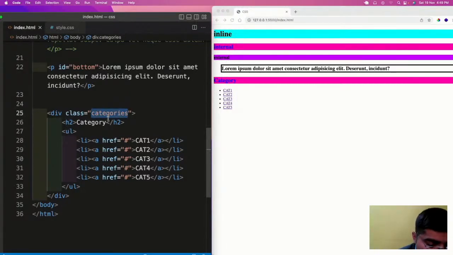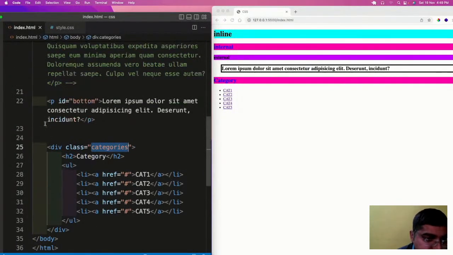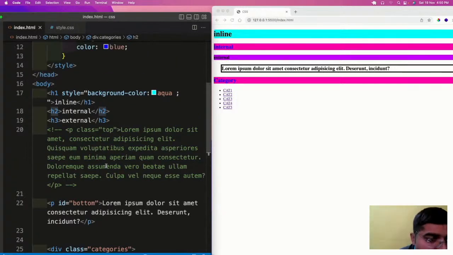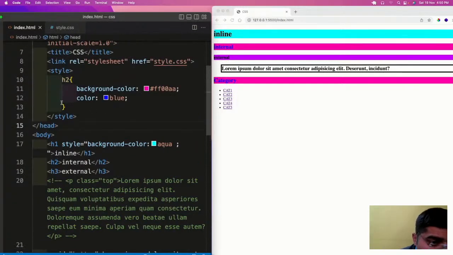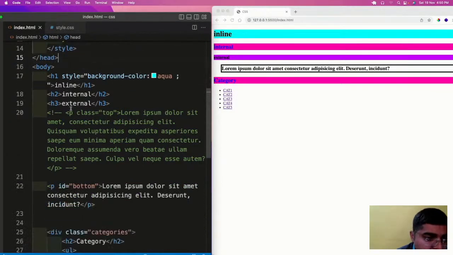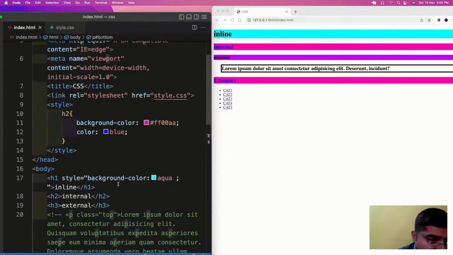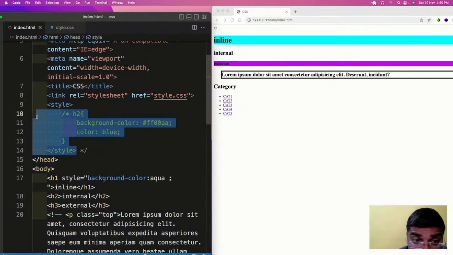So now let us pick up each and every item and do the styling. Here we have h2. Now we need to disable this, because the same problem comes as with the earlier one where we added a class. So we will comment out this thing.